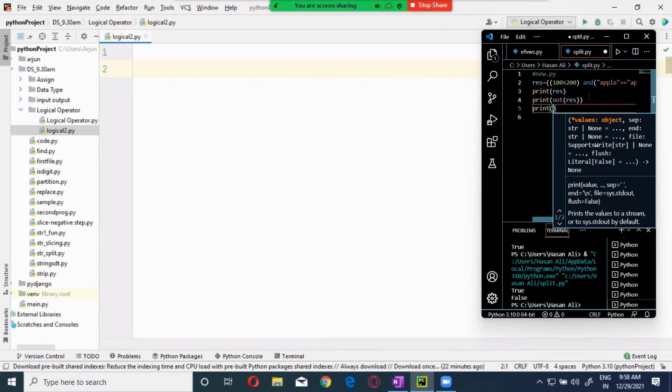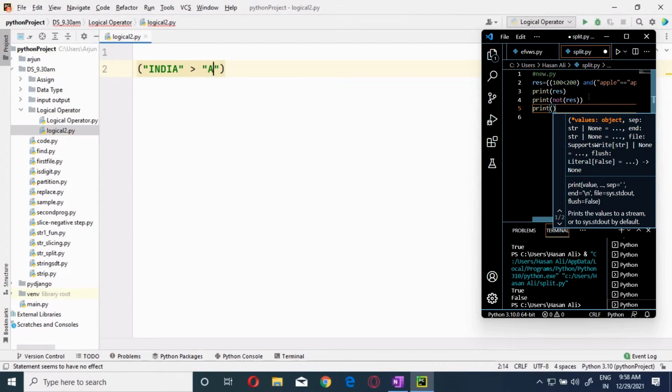what we were doing, guys, is taking a conditional statement. Here we were taking it like "India" is greater than "capital". Is it? Yes, it is. Take the first character and compare it, and you will get it: "I" is greater than "A". So what is the outcome? True. Right. Now, if I am using AND, let's take a numerical one.